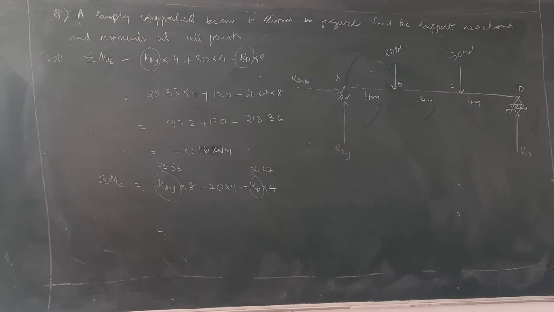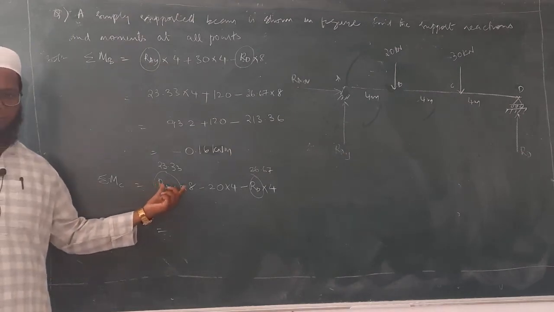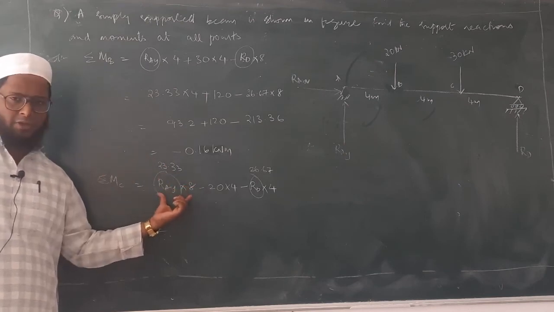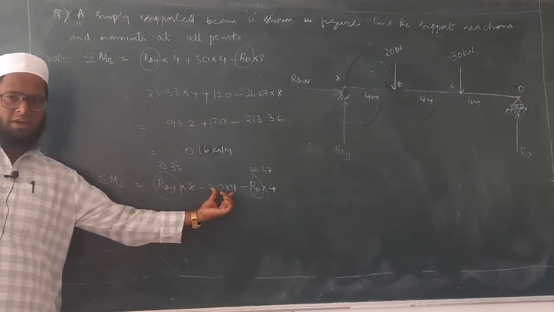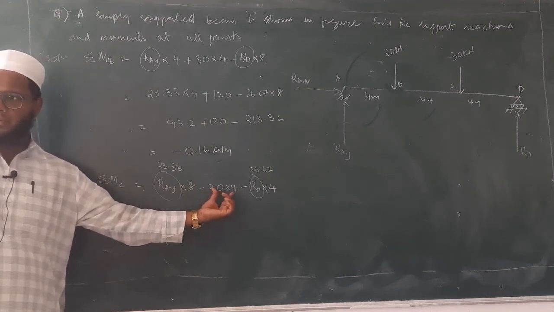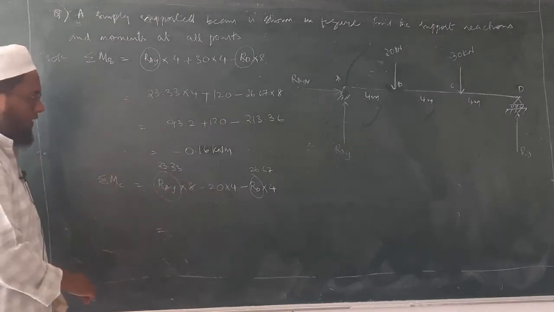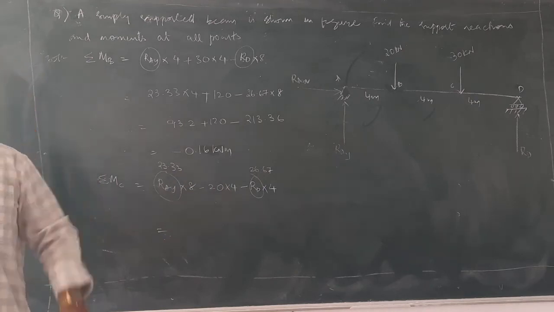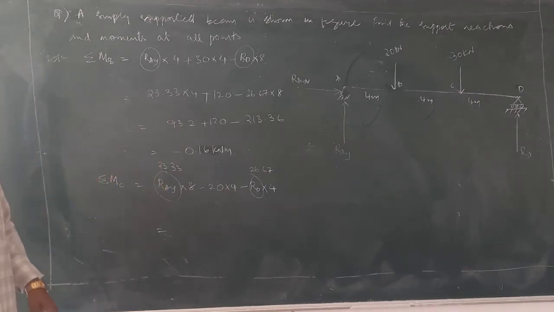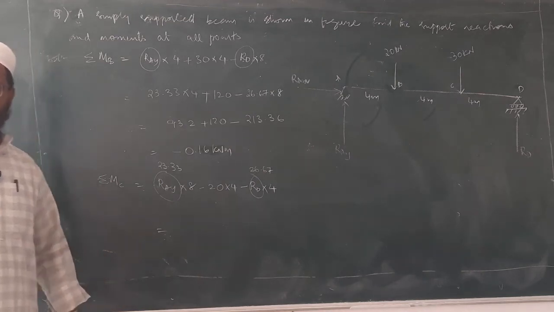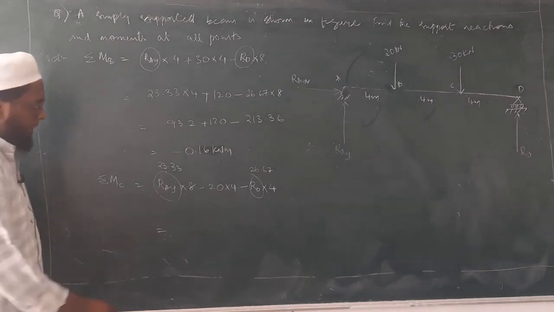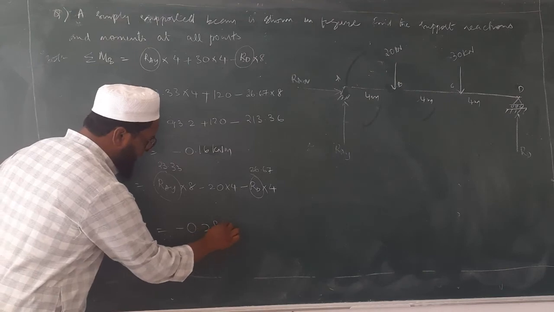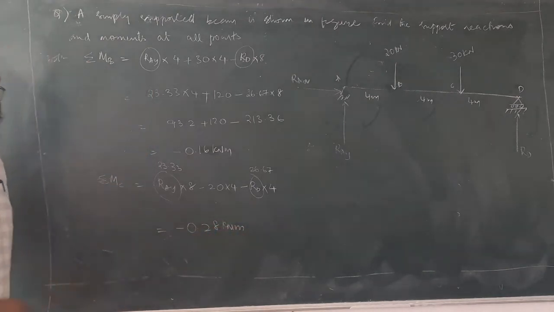Calculate through. You write all these values in bracket. If you write these values in bracket, then only you will get proper answer. This expression should be in one bracket. Then minus, again open the bracket and write down this expression. Tell me the entire value. Don't give me separate values. Open the bracket and write down all the values and give me the complete answer. Minus 0.28 kilonewton meter. Okay.